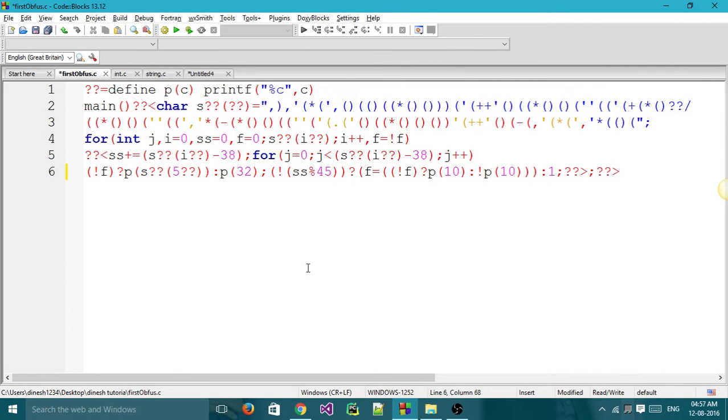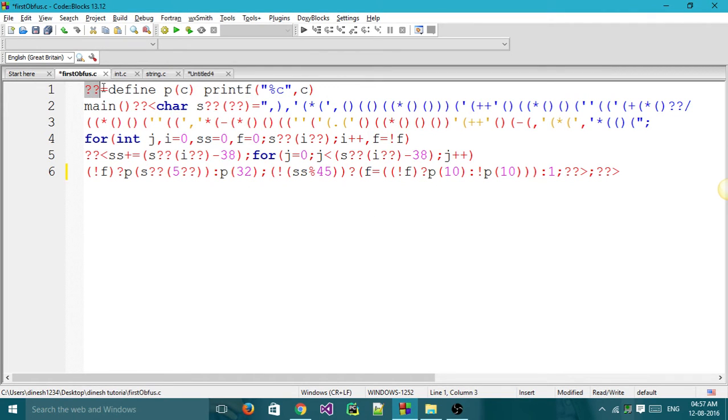Okay, time up. Those who got the output, it's really fine and well and good. For those who don't get the output, now let us reverse engineer. So if we see the code, there are lots of question marks here and there, and lots of braces, lots of stars, and it's very rubbish.